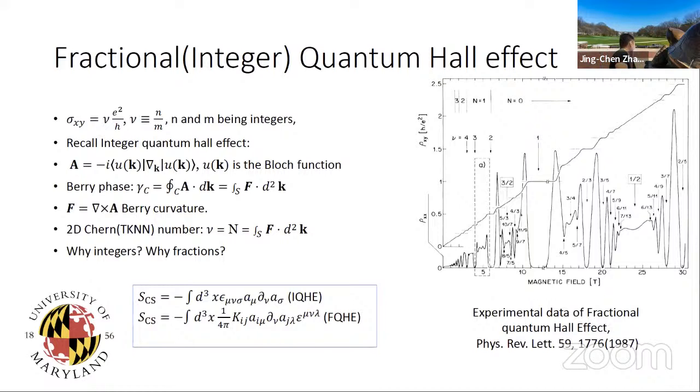For most of you, I assume that you have learned more or less about some Berry phases or the AB effects in the quantum mechanics course. So I assume that you're familiar with the definition of the Berry phase, which is defined by the divergence of the Bloch function in the Brillouin zone. Sorry, this is the Berry connection, and the Berry phase is the integral of the Berry connection around the whole